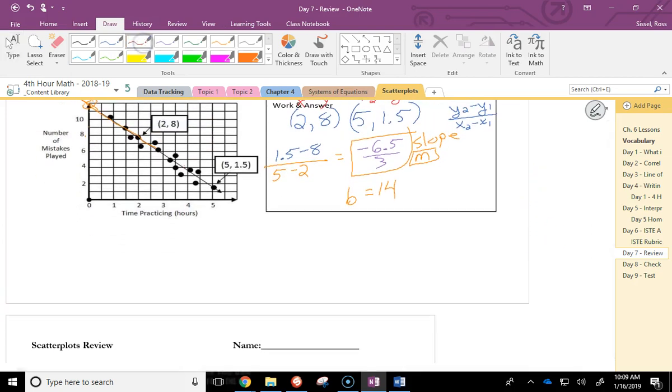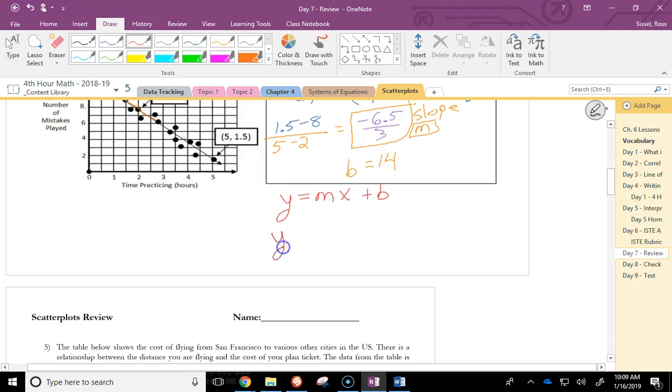Then, I go for my answer. Y equals mx plus b. And we know that y and x always stay put. And then we just input it. What was M? Negative 6.5 over 3. So I'd have y equals negative 6.5 divided by 3x, and then plus 14. So if you want to do it in the same color so it looks nice,